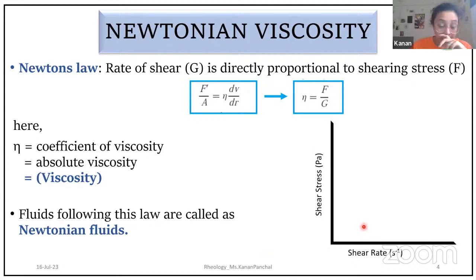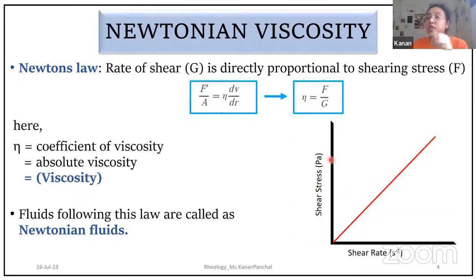So what he did is he plotted a curve of shear rate, that is your G, versus shear stress. The fluids which showed a direct proportionality, a straight line passing through the origin, are considered Newtonian fluids. So this is your standard curve: a linear plot passing through zero, which represents that shear rate is directly proportional